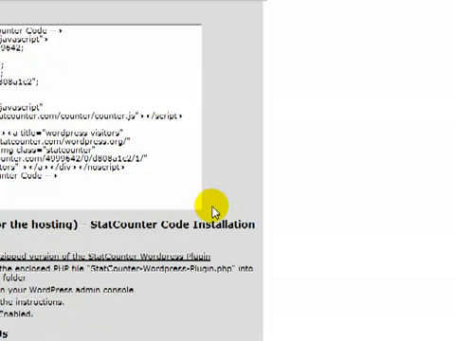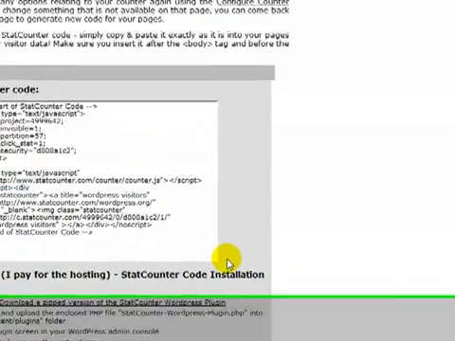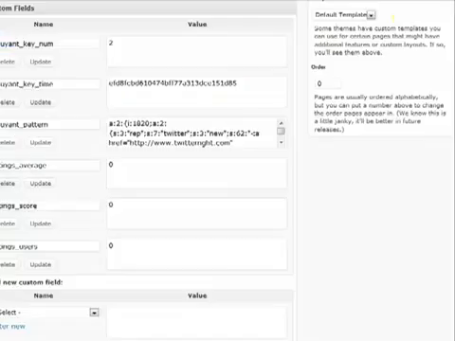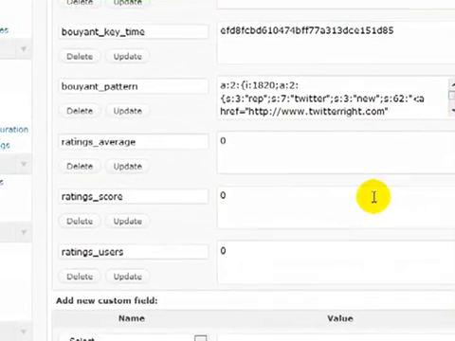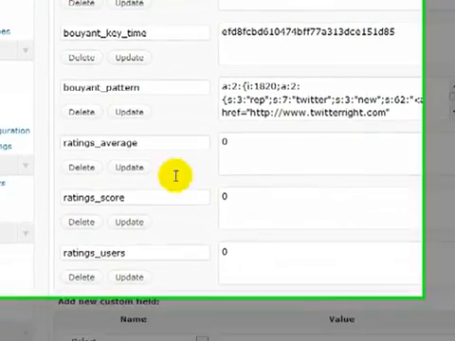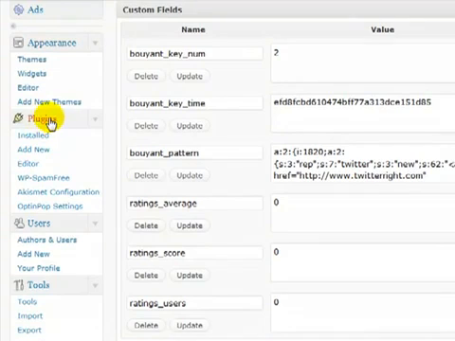So once again, I'm going to pause it just to get over to the right. Okay, I'm in the administration screens for the TwitterRight blog, the WordPress blog. And just to give you a quick idea, all you need to do is go to Plugins, and click on Add New. And then, once the screen comes up, you're going to go to Upload,